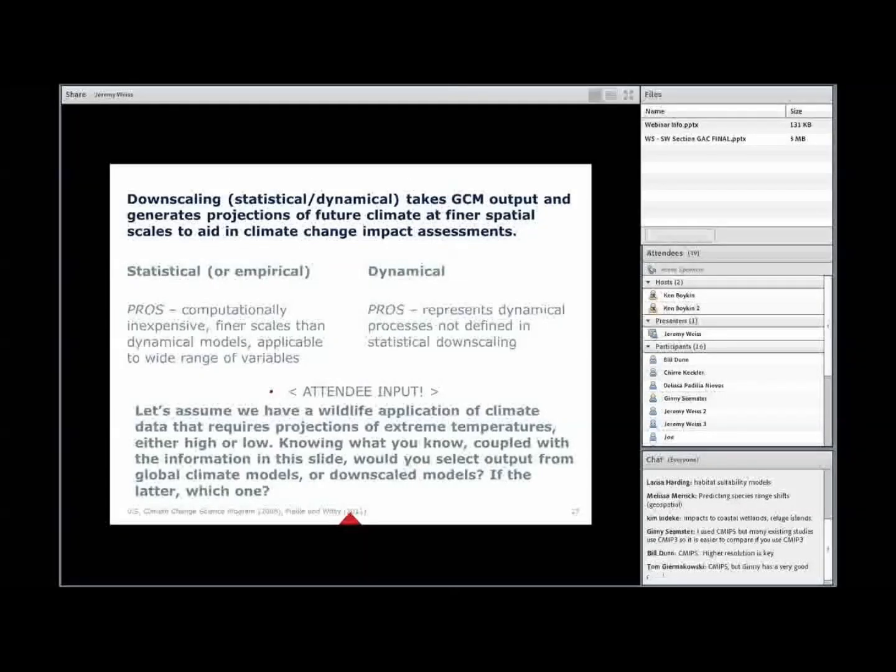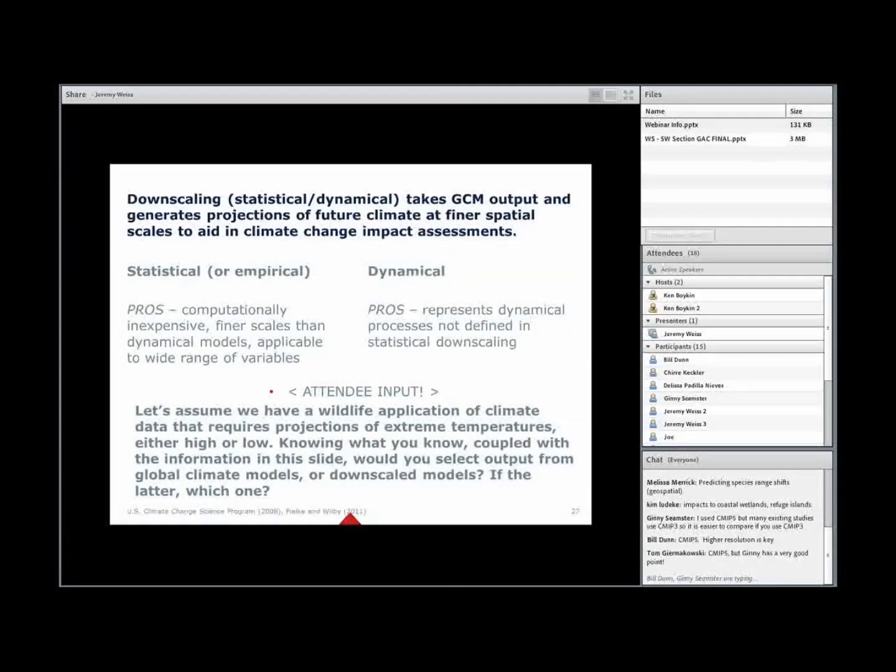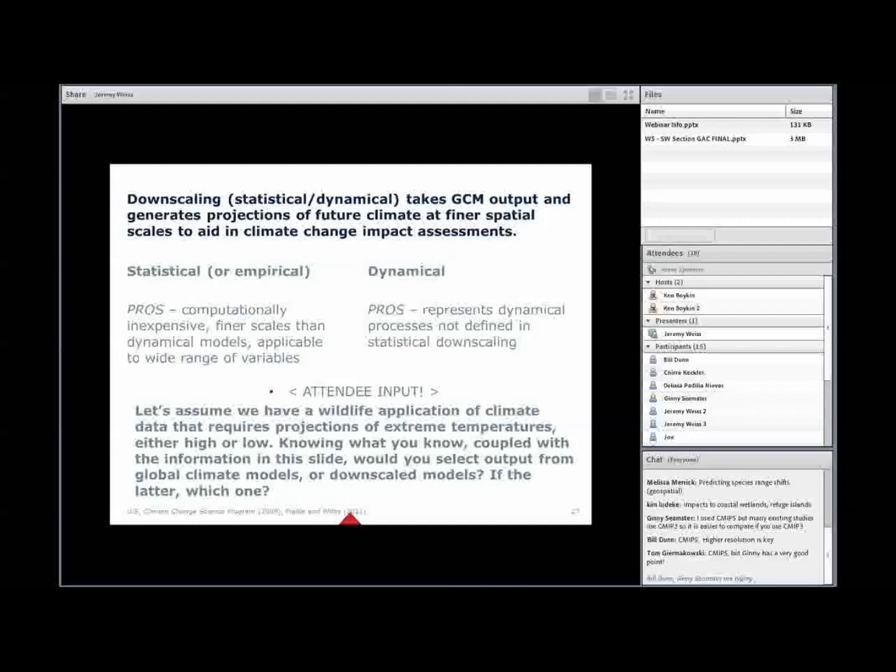Okay, we have a vote, or at least some experience with some downscaled data, resolution there playing a very important role, statistically downscaled data in particular. We have more people typing just yet. Give them a few more seconds, and then we'll discuss this a little bit more before moving on to the next topic.